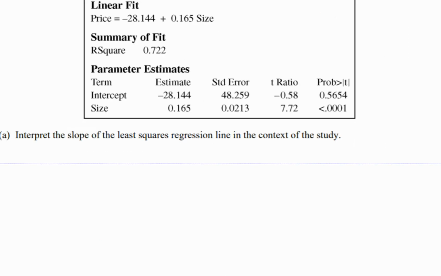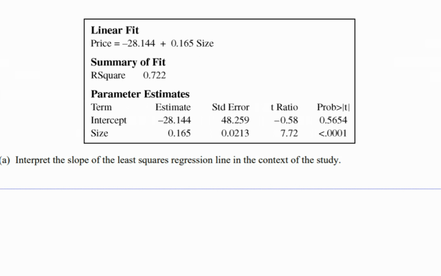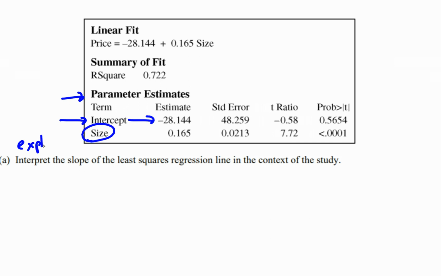Okay, so it says interpret the slope of the least squares regression line. So you should know how to read information like this. Always go down here to the parameter estimates. The first thing here is the intercept. So there you are. That's your y-intercept. Right next to it. Underneath that, you'll see the word size. In this case, that's always your explanatory